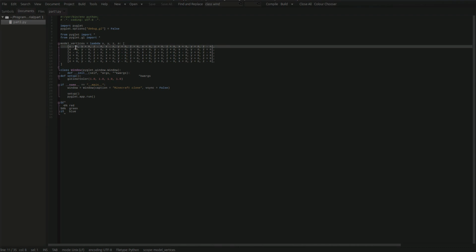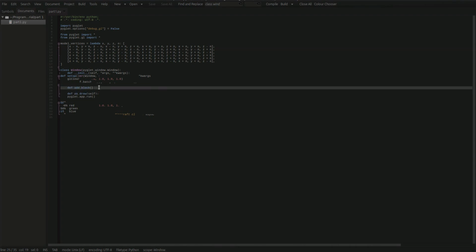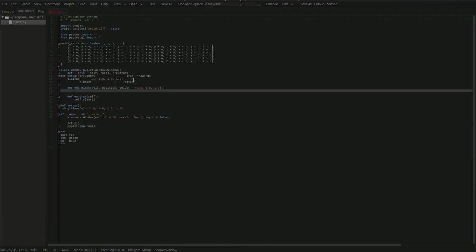So this is going to be the vertices, so where I'm going to put it, and the size of the cube. So I will add a cube to this batch at the position, and then I'm just going to try a color, and by default I'm just going to put 1.0, 1.0. In this batch I have to add, first of all,